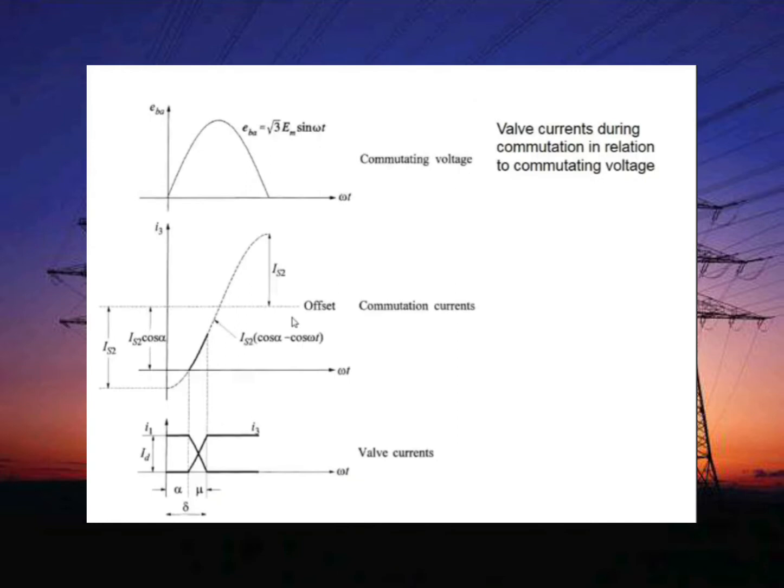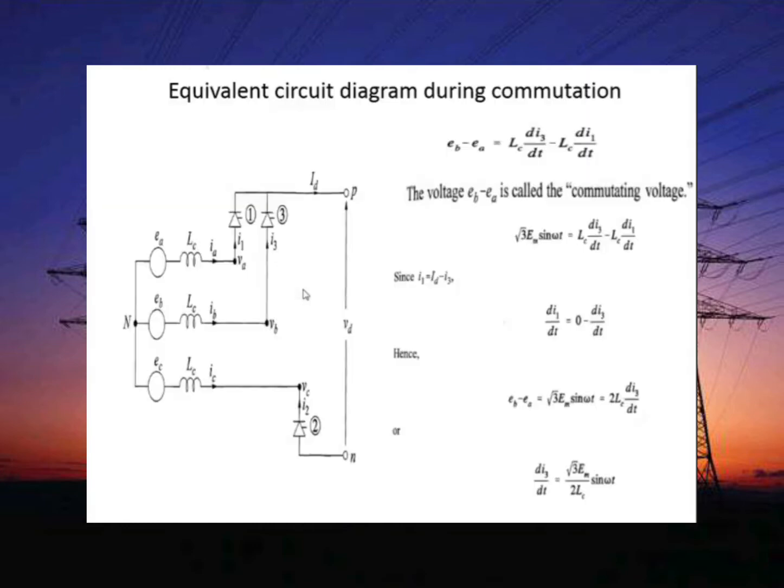So by using the overlap angle, now we derive the expression of rectifier operation. See here, this is your figure. During the overlapping, the three valves are conducting at the same time, meaning valve 2 of the negative phase is conducting, and valve 1 and valve 3 of the positive phase are conducting at the same time. So if you take the closed loop, this one,